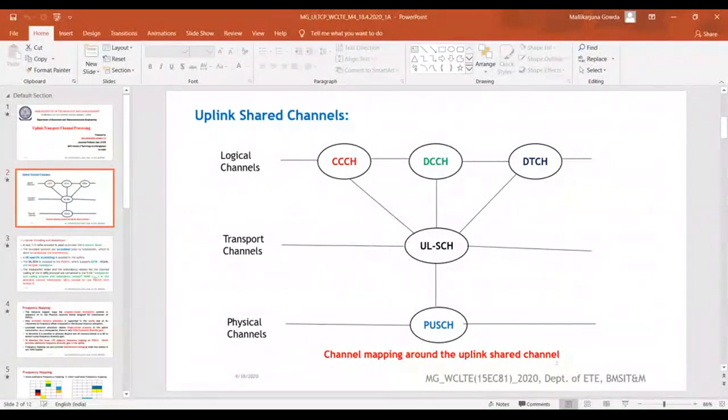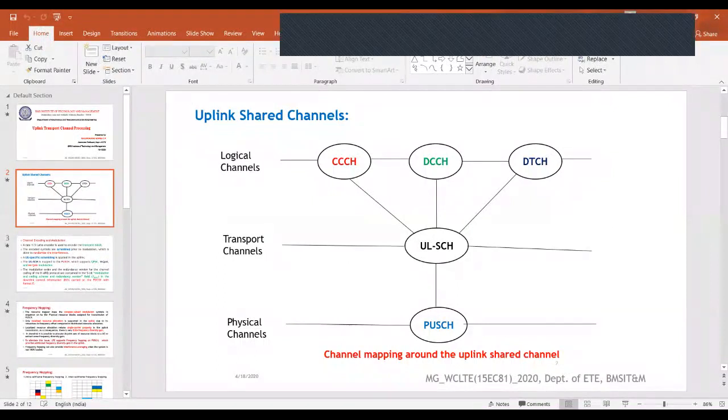In turn, that uplink shared channel is mapped to three logical channels: the common control channel, the dedicated control channel, and the dedicated traffic channel. These three logical channels are mapped to the uplink shared channel in the transport layer, and that is mapped to the physical uplink shared channel in the physical layer.